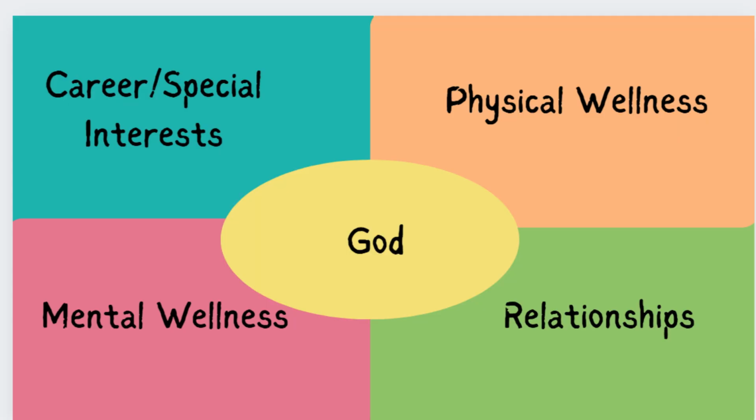In the center, there is God. We're focusing on what are our God goals. Everything goes back to God, but in the center, before you do anything else, what is the number one thing that God is telling you to do this year? I want you to plot that there. This is a general topic. It doesn't have to fall into any particular bucket. The next quadrant is the career and special interest.